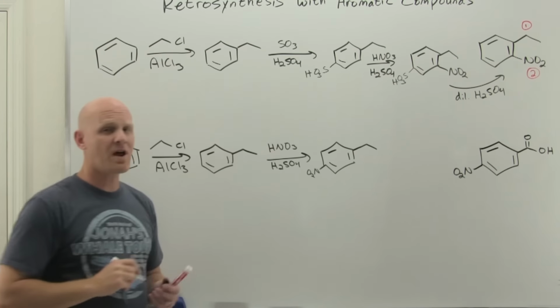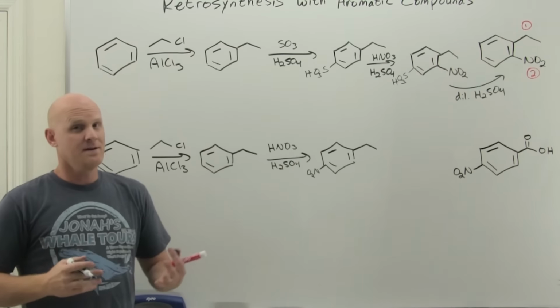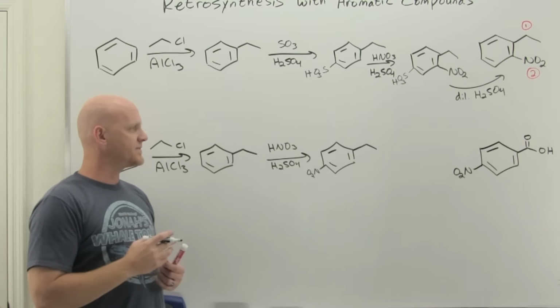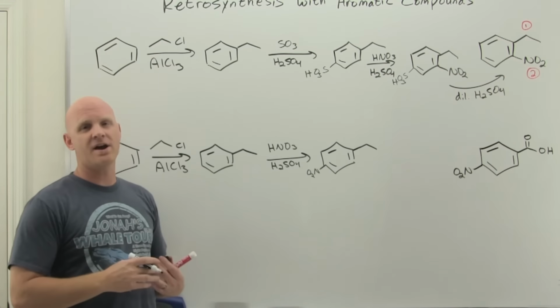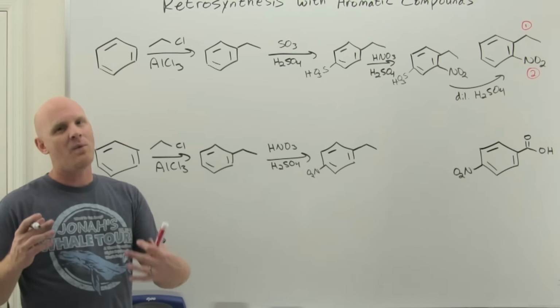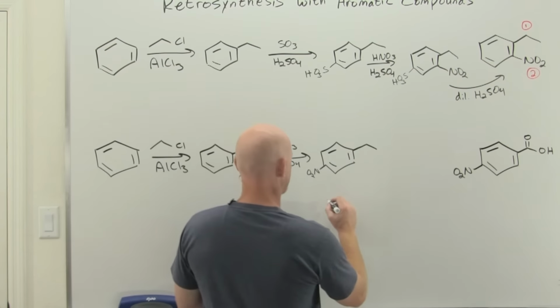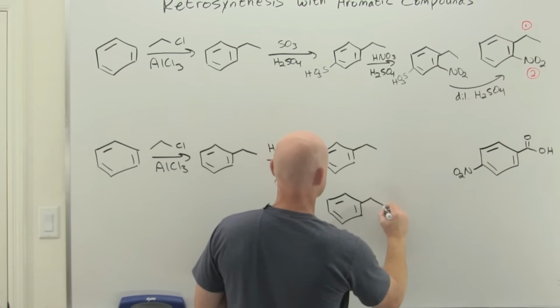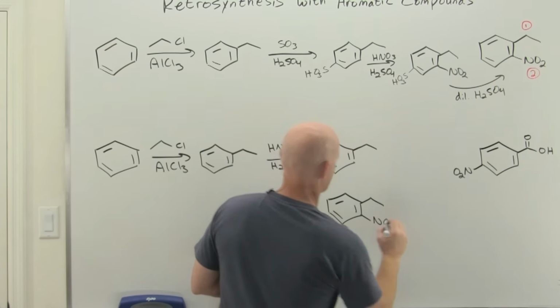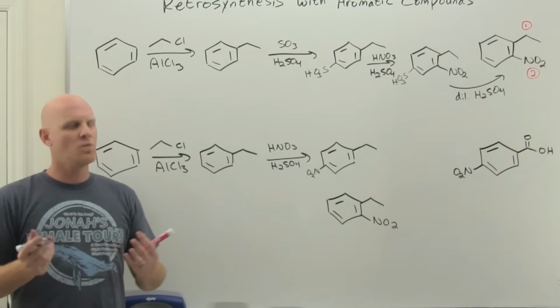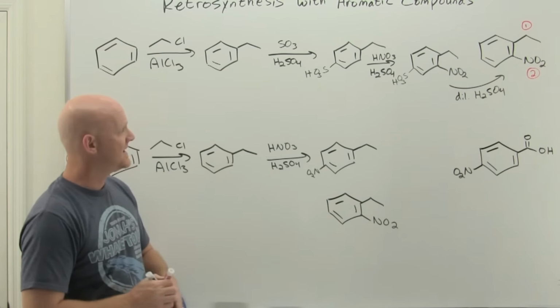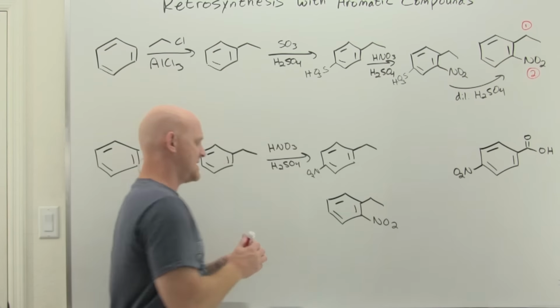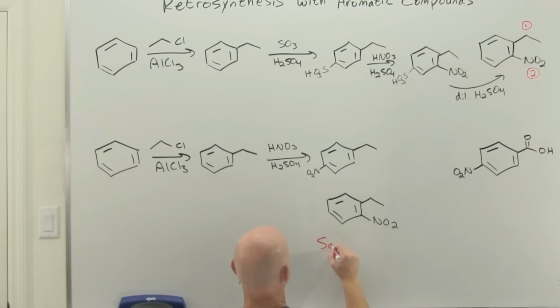And so we'll get the para product, truth be told, will probably predominate, most undoubtedly. It turns out when you've got an ortho-para director, most of the EAS reactions will end up being para preferred. However, you're still probably going to get some ortho in there as well. And so most of the time, professors want you to predict both. And so when this comes up in a synthesis problem, one way I've seen professors handle this is they have you show both of these, but then they have you write